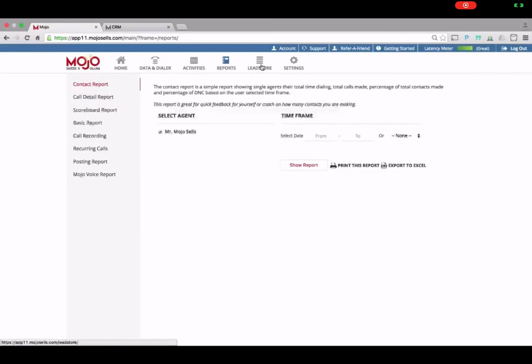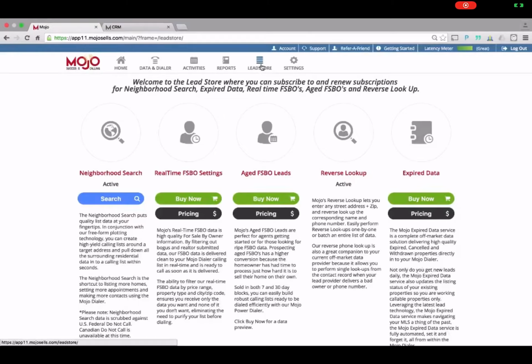The next stop is the lead store. The lead store has multiple data products geared towards a real estate professional. From just listed, just sold data where you can plot out an area on a map and pull that data down into Mojo, to real-time and aged for sale by owner leads, to a reverse lookup product where you can append data that already exists inside of Mojo that's either missing contact information or has incorrect contact information. And finally, we have our expired data product, which gives you a daily source of off-market property leads, such as